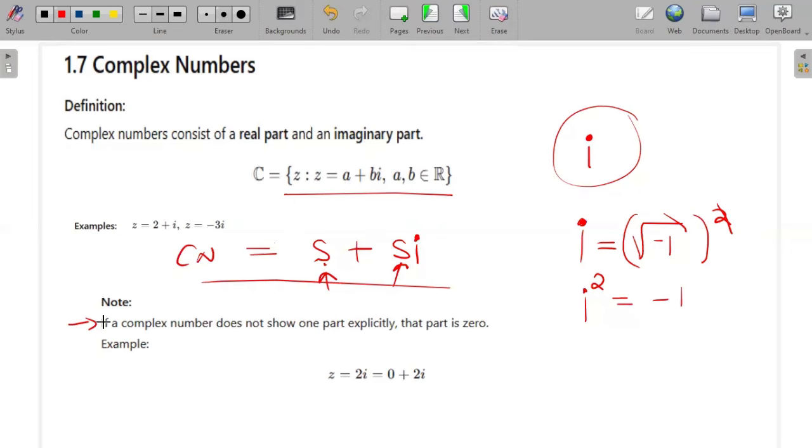So all the numbers that actually you use every day, they have an imaginary part, but that imaginary part is just 0. So if the imaginary part is 0, then the number becomes a real number. But it's also a complex number, but the imaginary part is just 0. So you can get mad, imagine. But anyway,